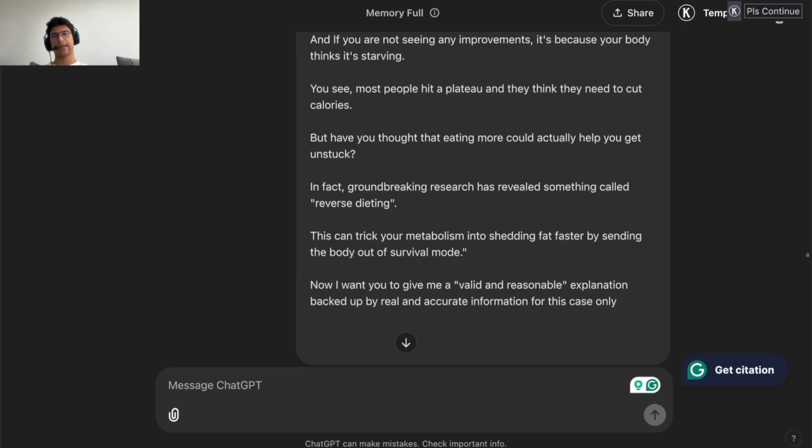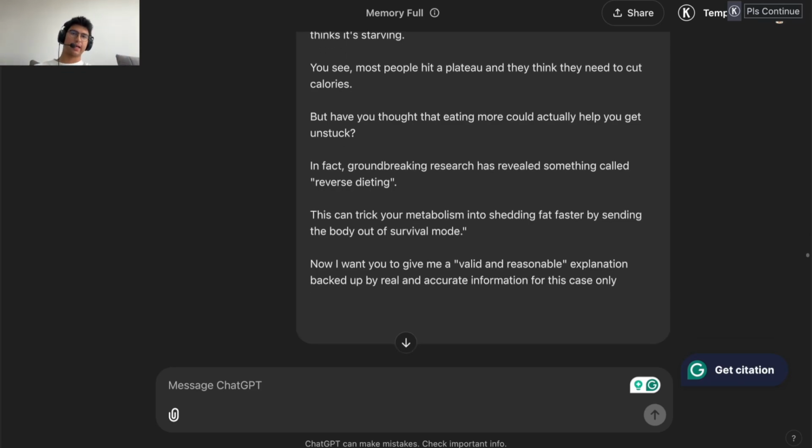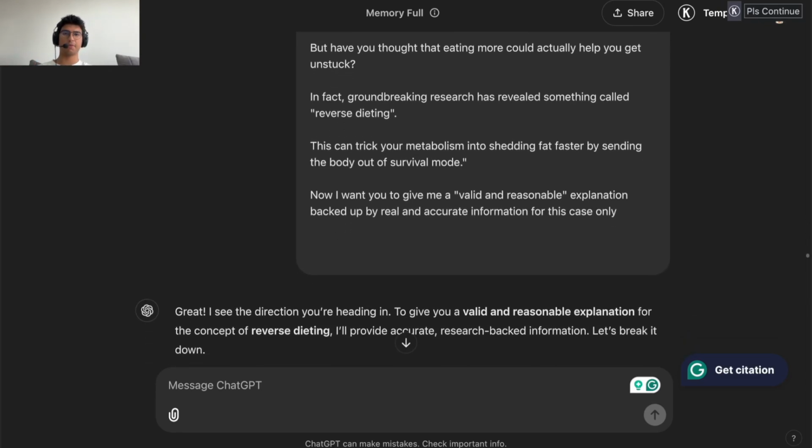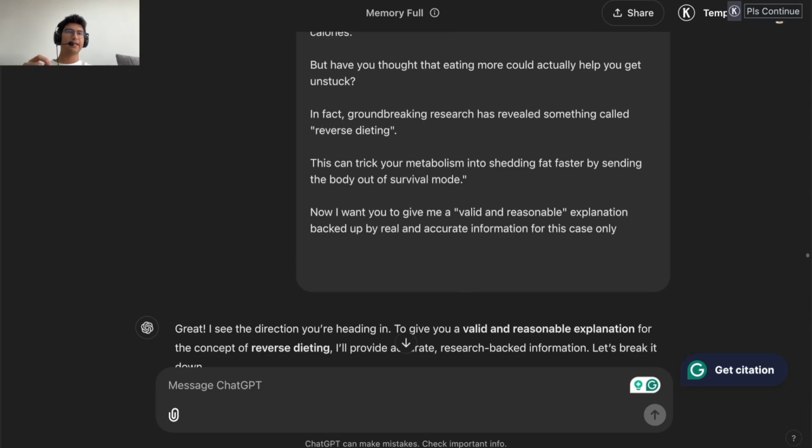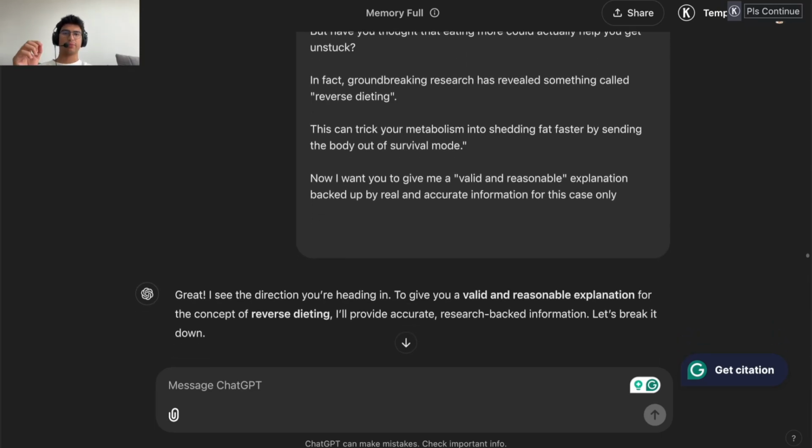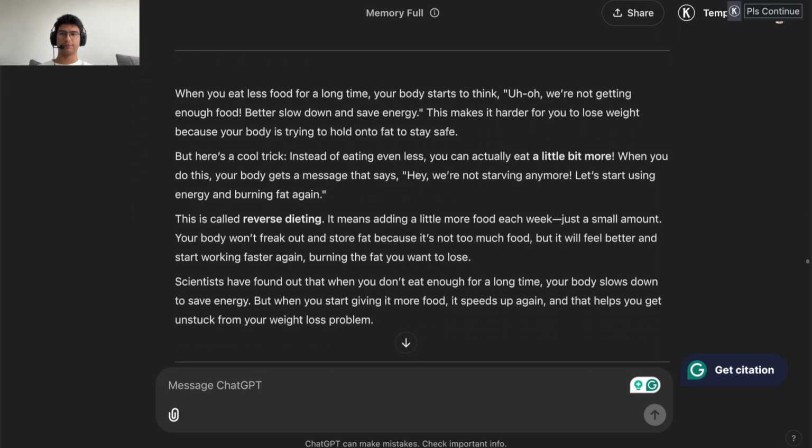But have you thought that eating more could actually help you get unstuck? In fact, groundbreaking research has revealed something called reverse dieting. This can trick your metabolism into shedding fat faster by sending the body out of survival mode. So you want to make this even more specific. You can put: this can trick your metabolism into shedding 30 pounds of body fat faster by sending the body out of survival mode. Now, let me explain how you can do this in only 90 days without, and now we circle back to this,